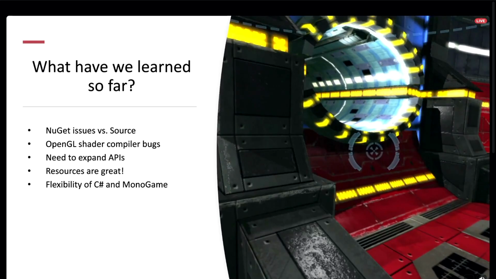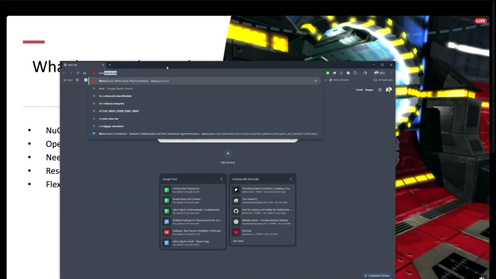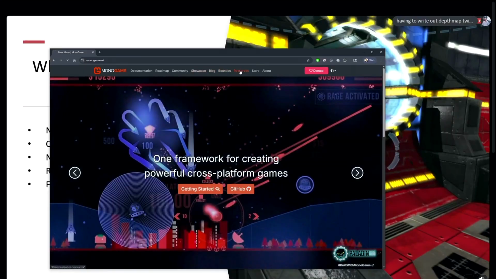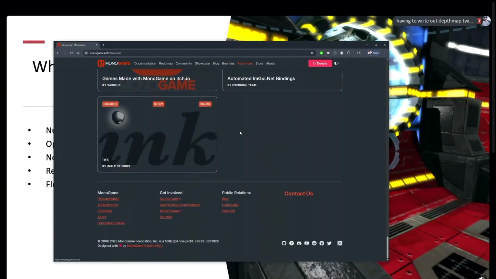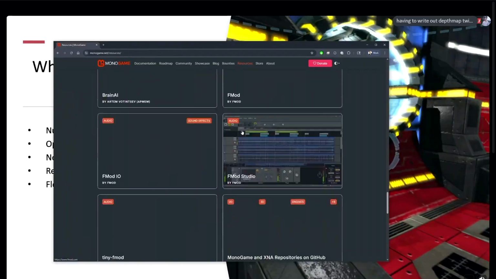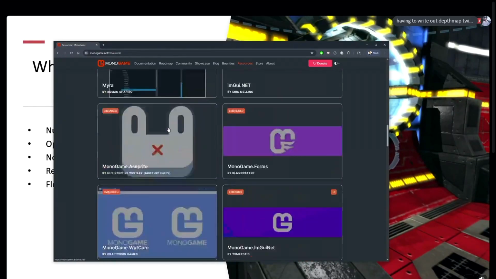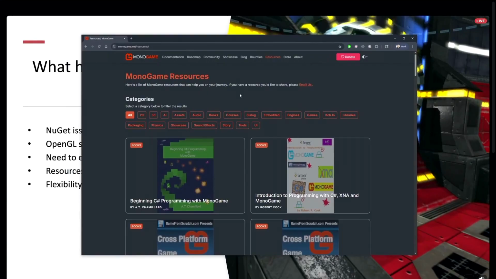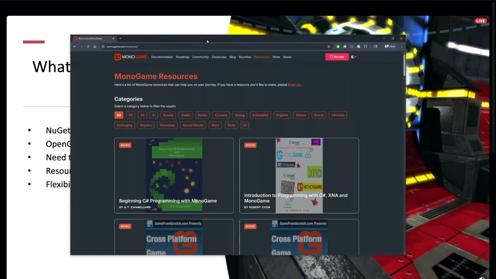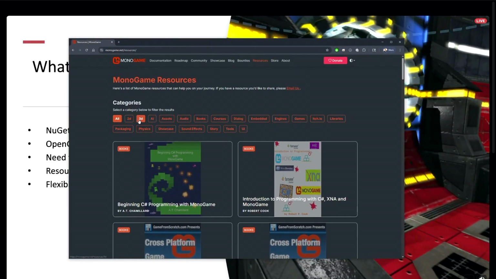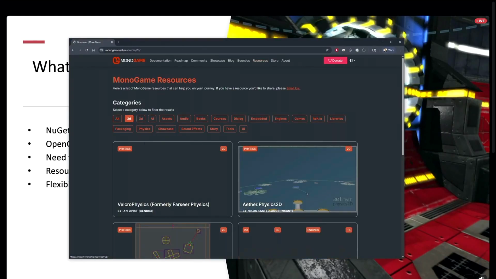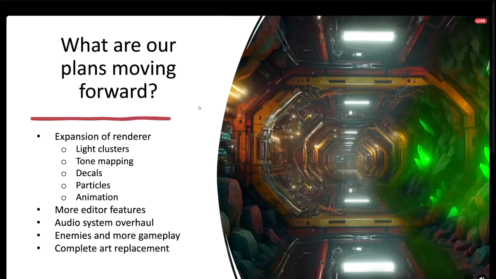The other thing we learned in this was that we went for adding a resource to the website. If you guys haven't seen that, it's basically on the website. You can go to resources, and we have this resource list. This is actually turning out to be pretty good. There were at least a couple of things that I came across just looking at this list. Not that it's comprehensive or big, but we want to continue to add to this, and I think we want to improve this to make it better. There are some limitations with filtering and things like that, but the resource list is helpful because it kind of gives you a